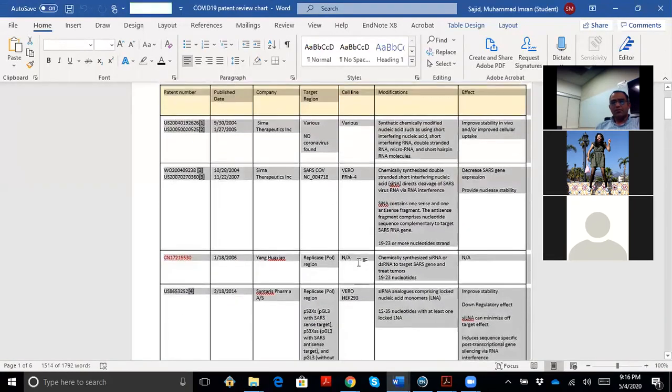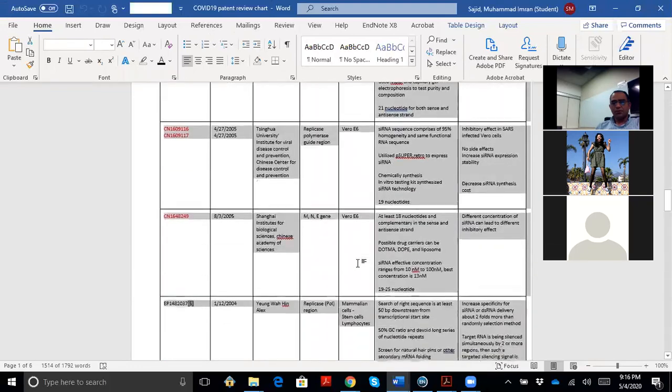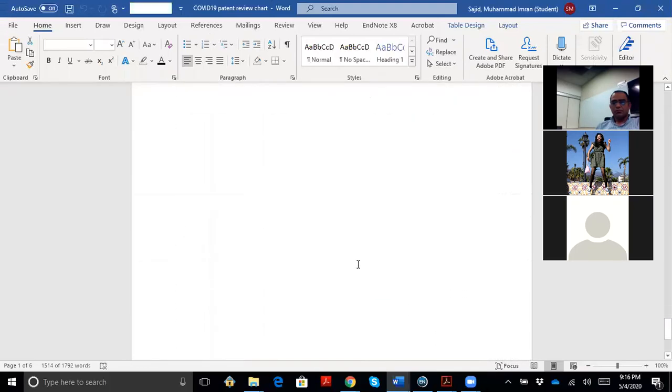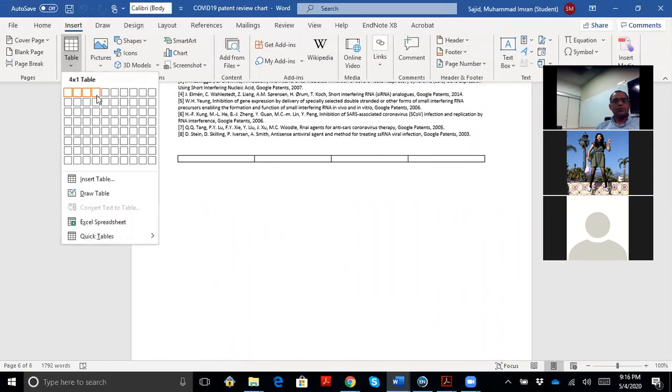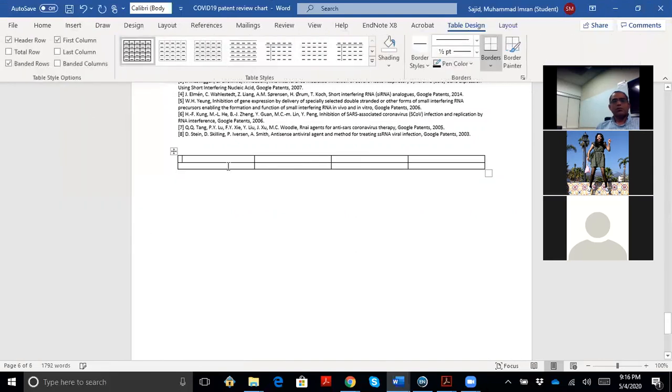The content of the table will be like, for instance, if I say insert table: virus, target virus, siRNA used, and the approach.